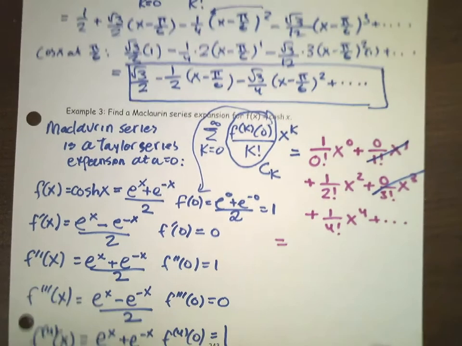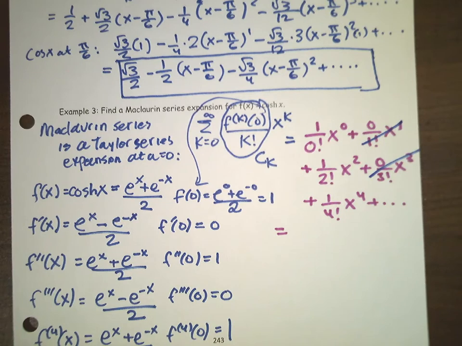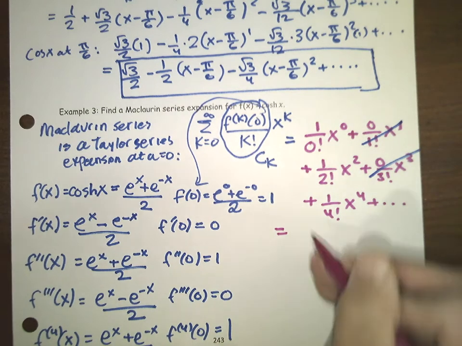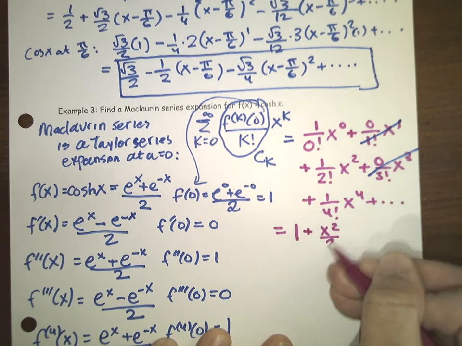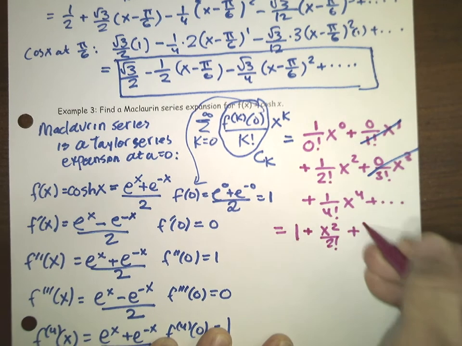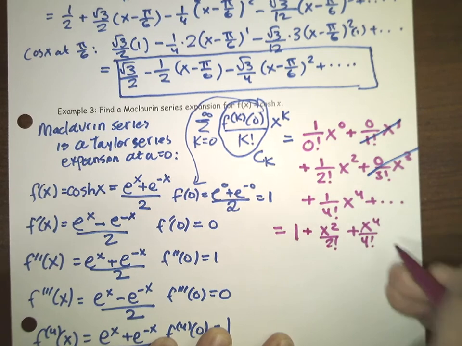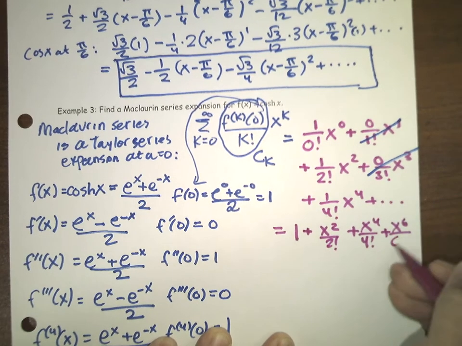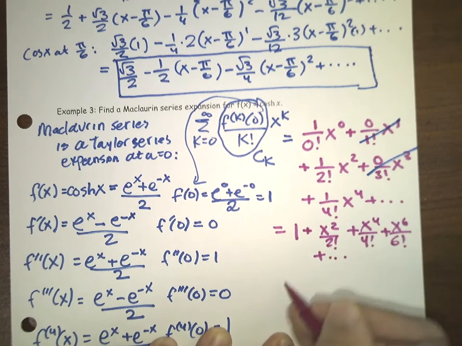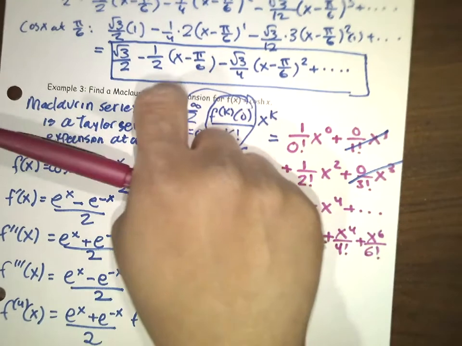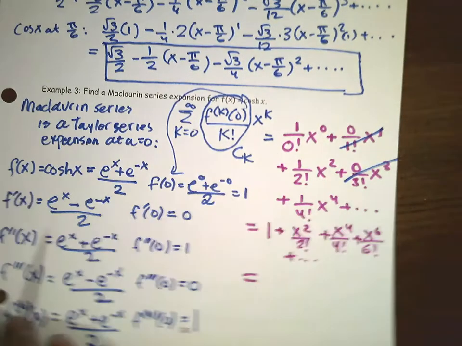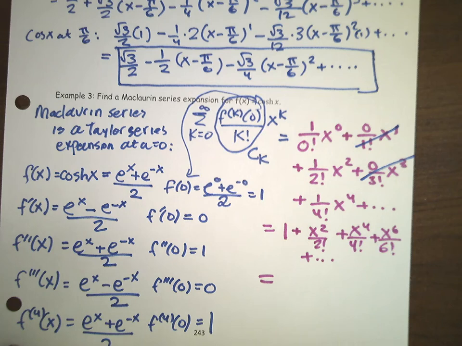So I'm left with just a simple, well, what will this end up looking like? Well, this is 1 plus x squared over 2 factorial, and then plus x to the fourth over 4 factorial, plus x to the 6 over 6 factorial, and so on. And this particular one, unlike the last one up here, that may have been a little bit harder to do this for,